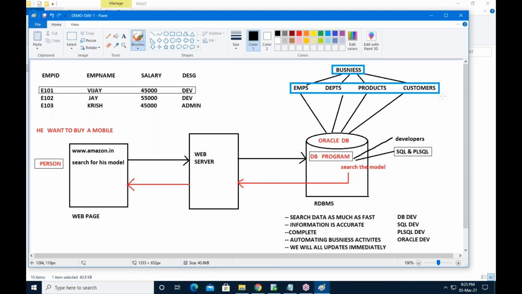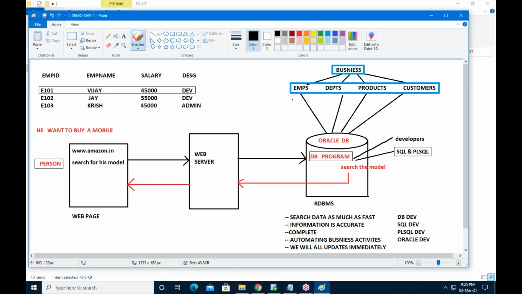Okay, so how is the data generated? According to our current example, you are making a transaction with the card. So a transaction is an object in the business. A customer is an object in the business. Customers, transactions, products, departments, employees.